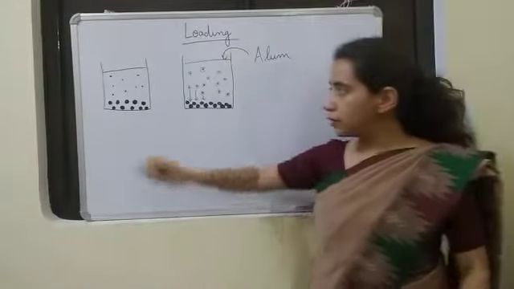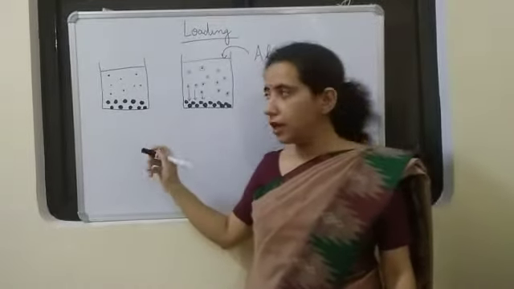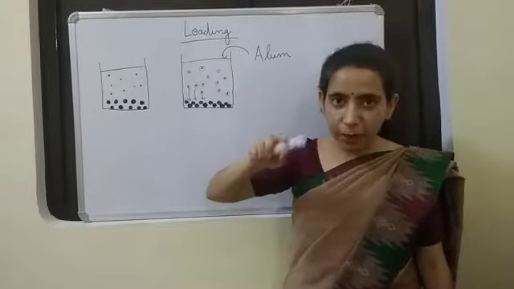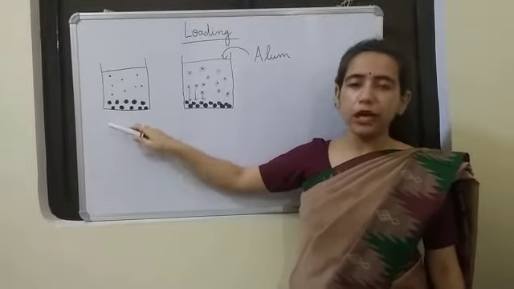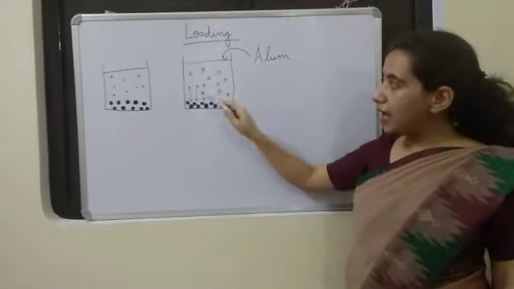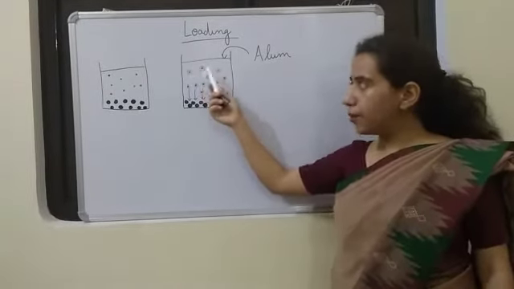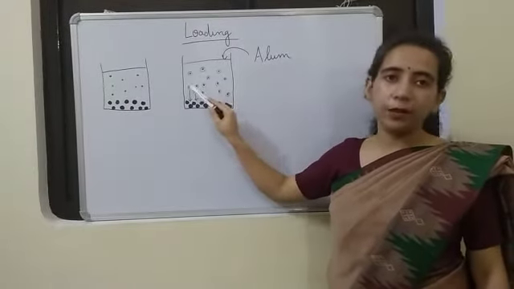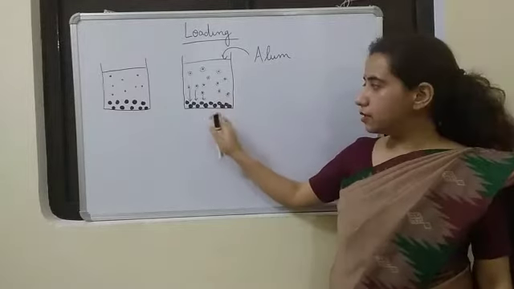Okay, what happens here? You see, this is a solid liquid mixture I have taken here. Suppose this is a sand and water mixture. In this, the heavier sand particles settle down. See, they are already at the bottom, but the lighter particles are above here, floating in this liquid. They won't settle down quickly. For them to settle down quickly, we will add one chemical, alum, and this alum speeds up the process of settling. What it does is it forms a layer above the small particles. You see, the small sand particles were here. Now there is a layer of alum. Because of this layer, they become heavy and then they come down. Okay, and this is what is known as loading.